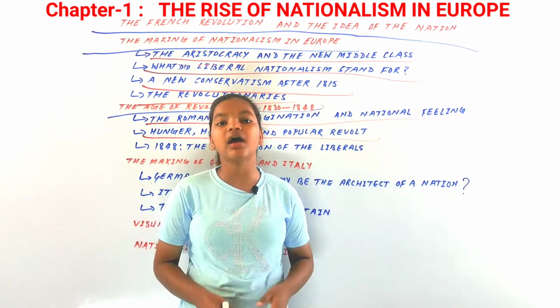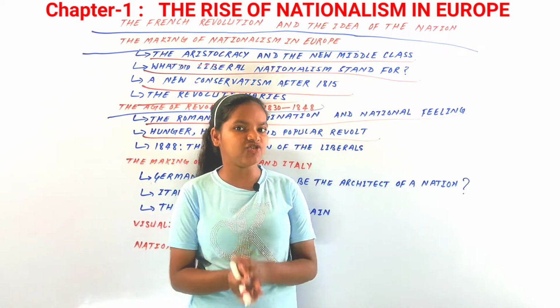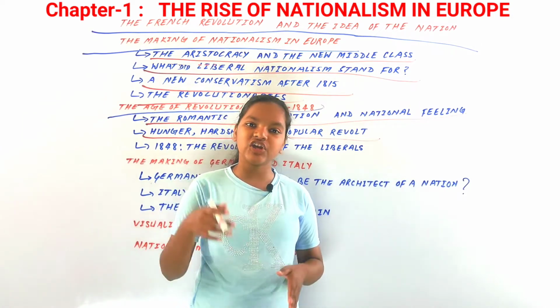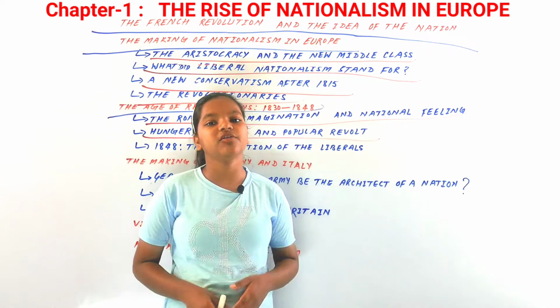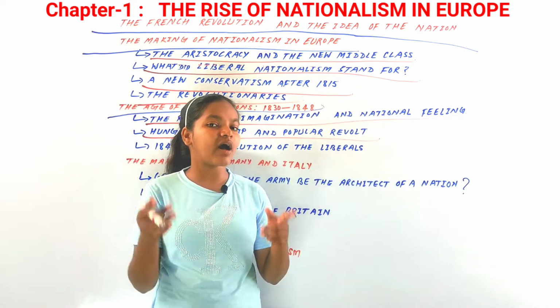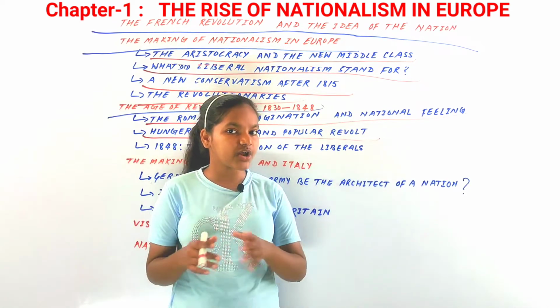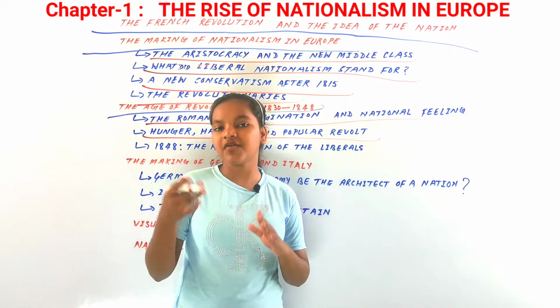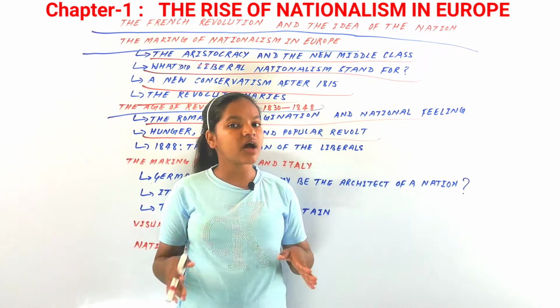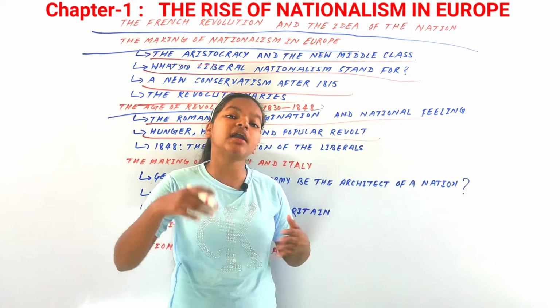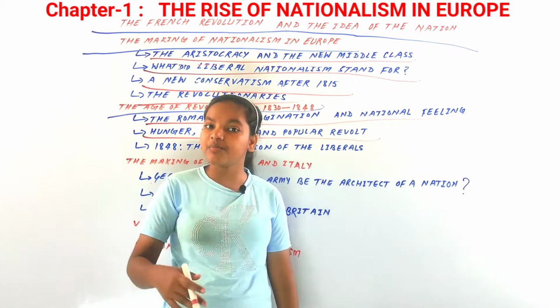Now what happened around the year 1848? 1848 was such a year because all those people were suffering from hunger, as there was less agricultural production and the prices were ever increasing. They were suffering from hunger, they had to endure hardship because of unemployment, and that led to a popular revolt